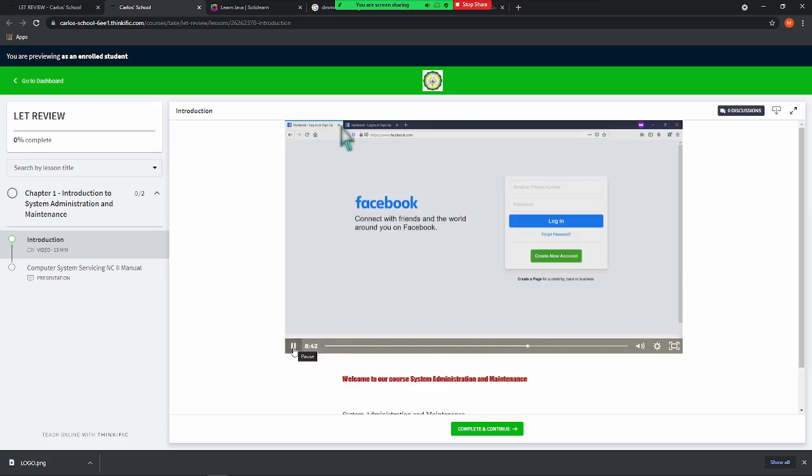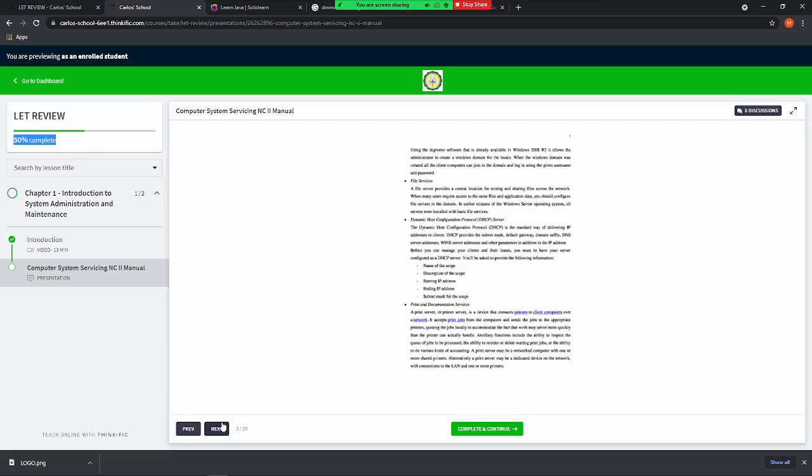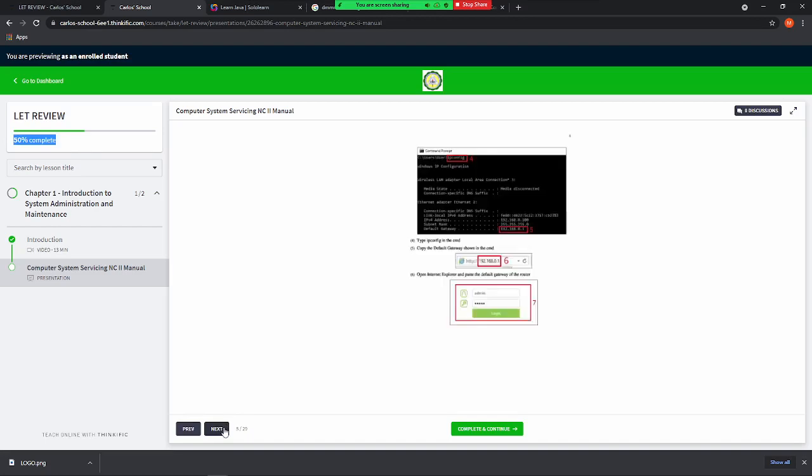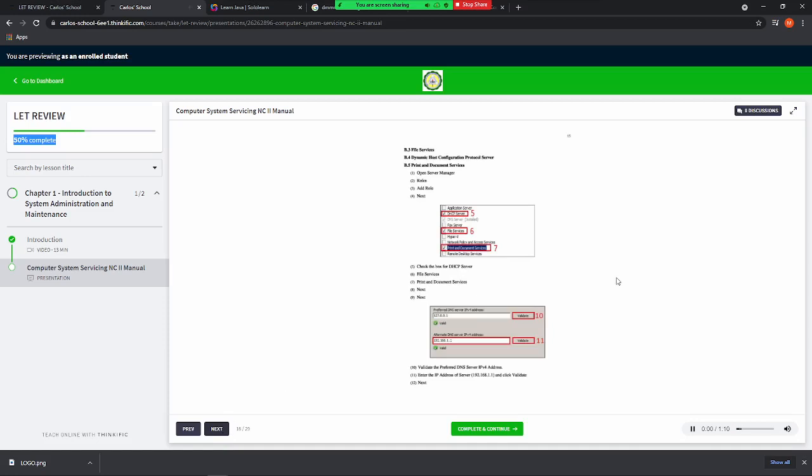And then the students will now click complete and continue. Since we only have 2 lessons, 1 chapter, and we're done with the first lesson, you already have 50% completion here. Now for the presentation, we can click next. So this is the PDF file, and then when we reach slide 16, so we have here,